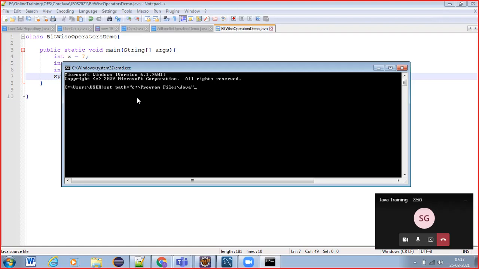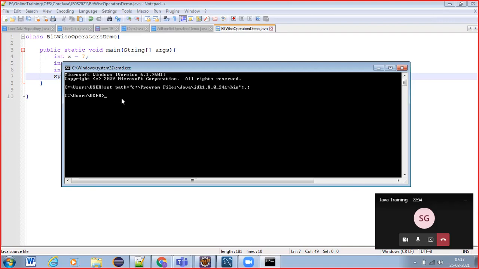Java. In Java, JDK. Inside JDK, we have bin. Why I'm giving this daily is, you should remember where we have the actual Java compiler, and a semicolon again. If I put it, what happens? It concatenates the existing path to this same path.